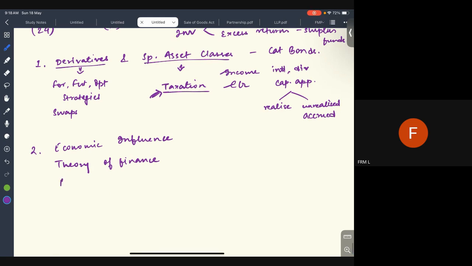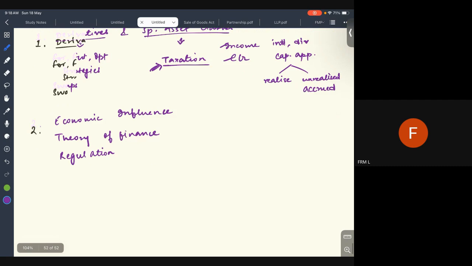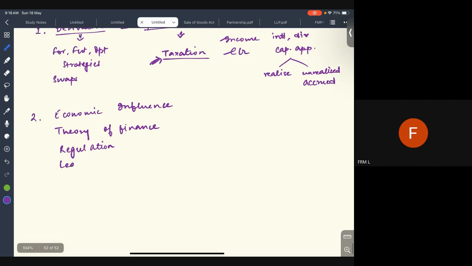Then we come to regulations. Another external factor that greatly influences our investments. So we'll have regulation and legislation. Legislation is basically the laws. So the legislation framework and the regulation, both of these will cover things like, for example,